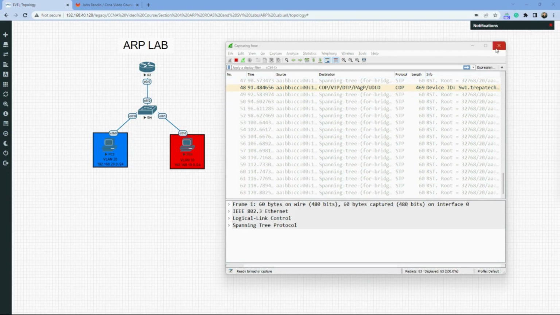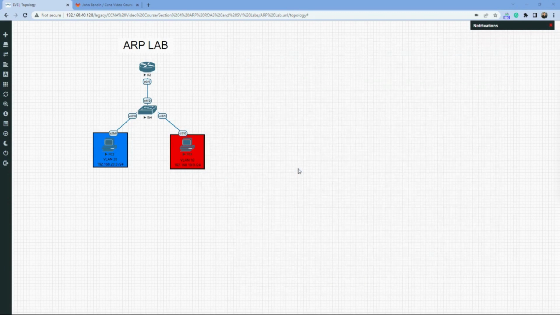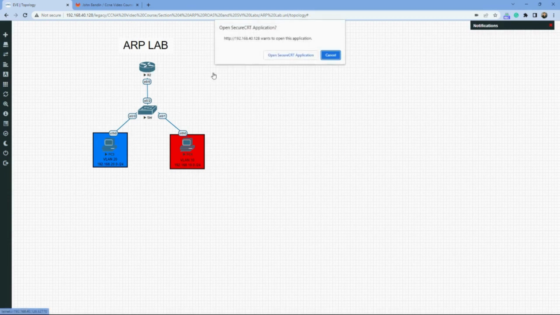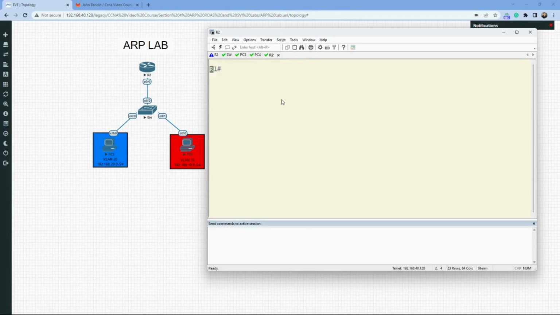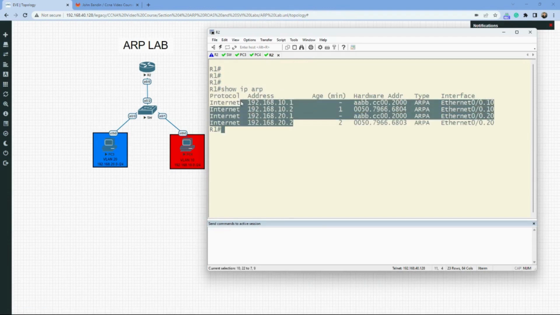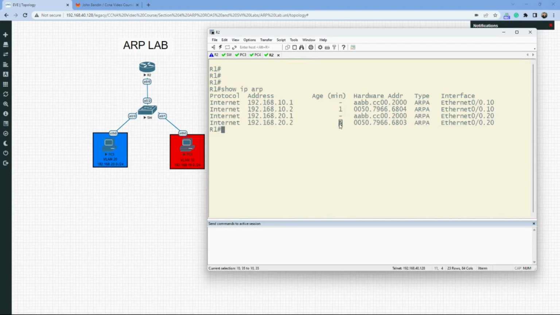Okay, and that's going to be it for our ARP lab. I hope this helped bridge that knowledge gap if you didn't know what ARP was or what the purpose was. Before we leave, actually, let me just go back into R2 and show you its ARP table. So IP ARP. And now we see that it has all the devices in our network here, right, mapped. So pretty cool. It actually shows the age too. But awesome. So I hope this video was informative, guys, and I hope this has helped you learn ARP. And stay tuned for our next video where we're going to go over inter-VLAN